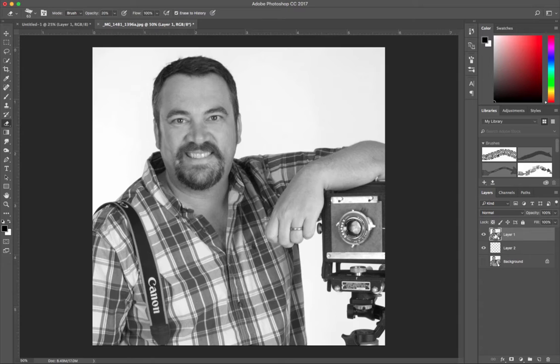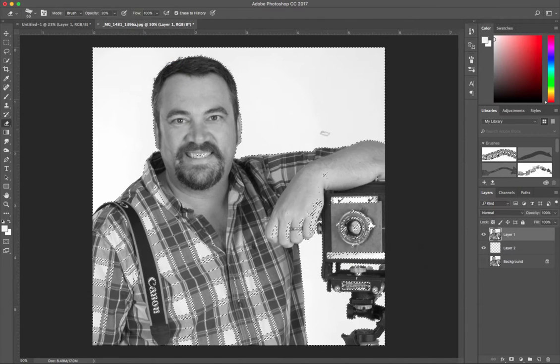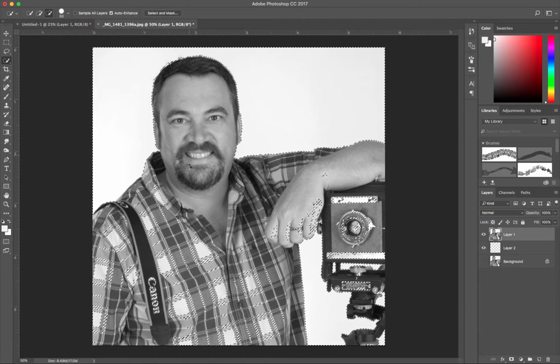And make sure that I select the layer with the picture. I will select the blank layer more often than not, and try to figure out what I was doing wrong. It was because I didn't have the right layer. In this case, because I have a good white background, I'm just going to go select color range, and I'm going to go to my selection tool and put it on minus, and I should be able to